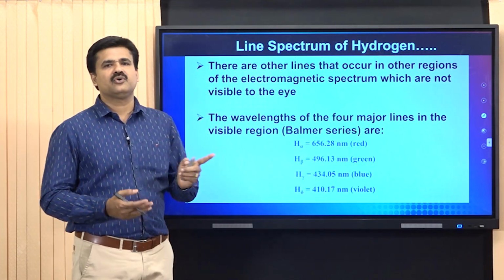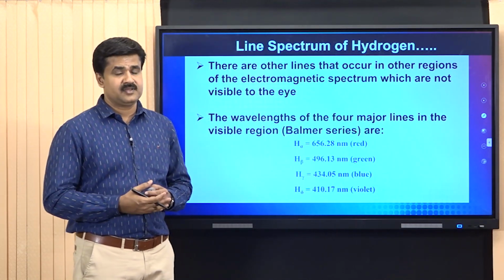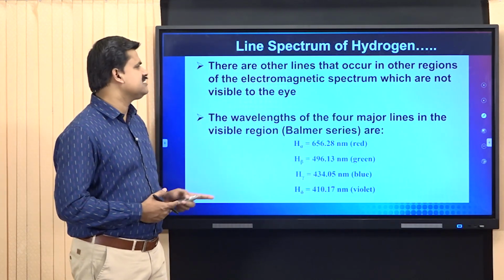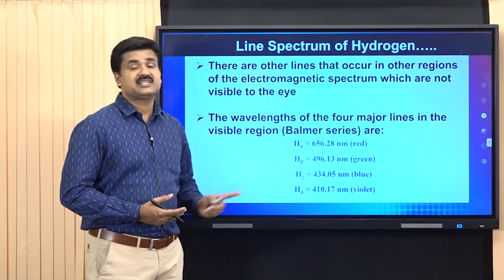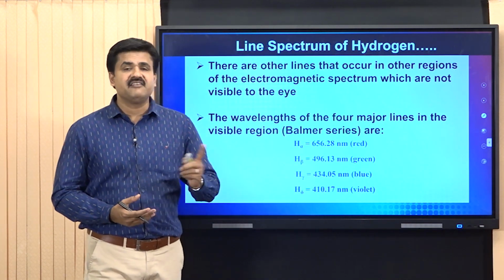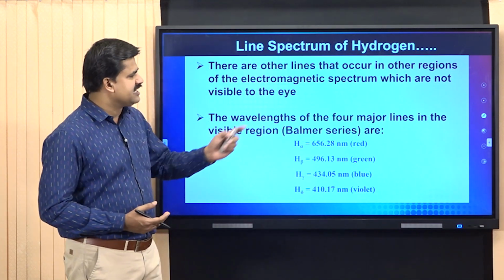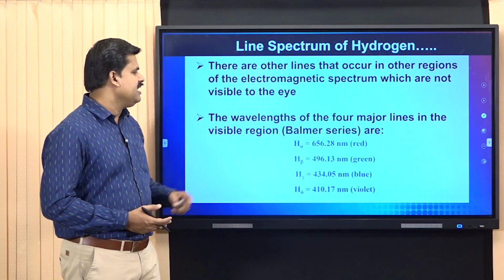There are so many other lines that occur in other regions, but 4 prominent lines are present in the visible region. The wavelengths of the 4 major lines that appear in the visible region of the hydrogen spectrum are denoted as H alpha with a wavelength of 656.28 nanometer, that is the red line, H beta with wavelength 496.13 nanometer, which is a green line,